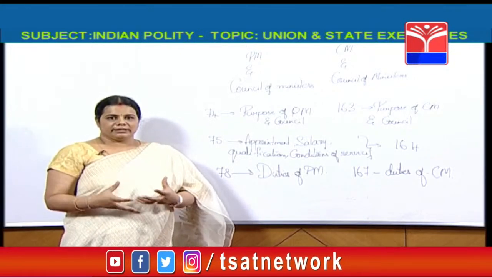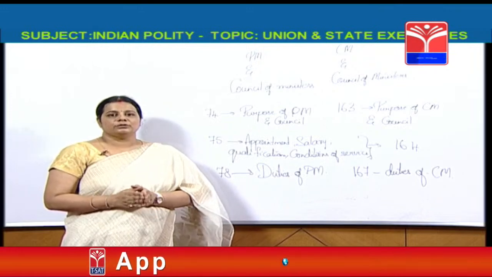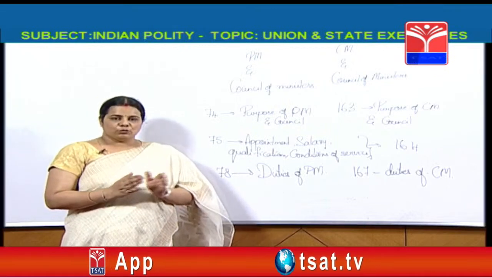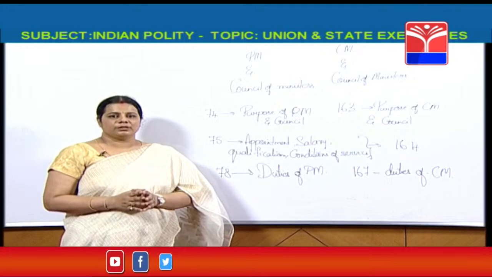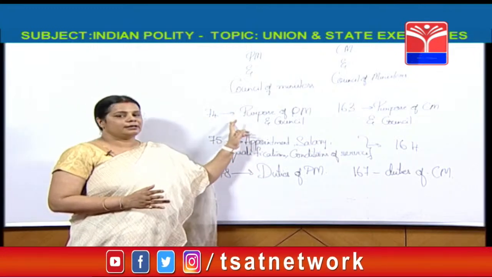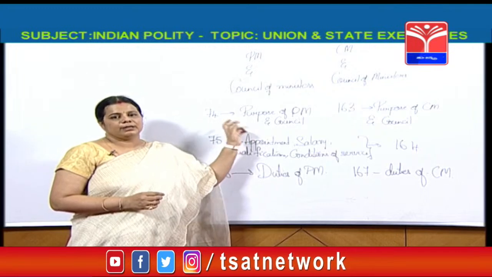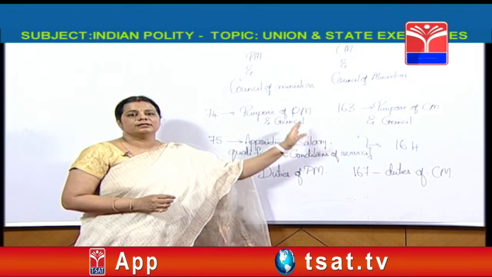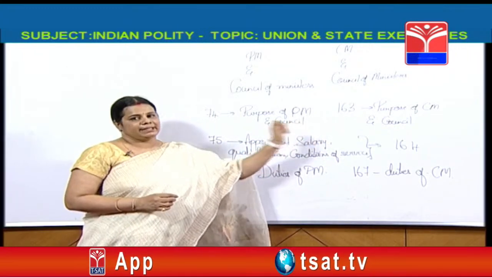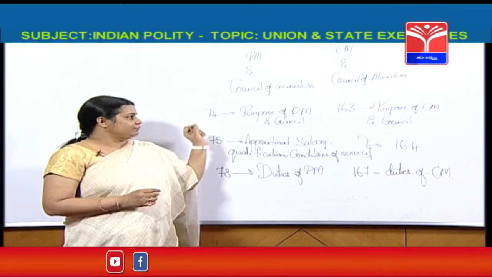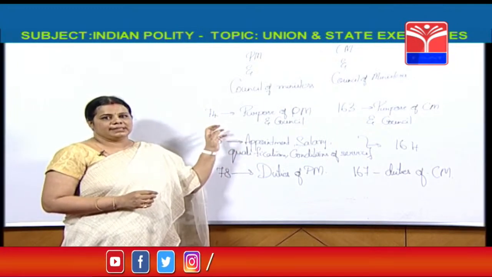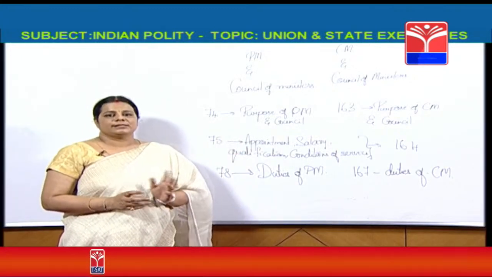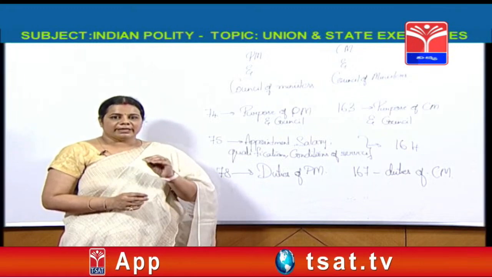These three articles together will tell us about everything related to the Prime Minister and Council of Ministers and CM and Council of Ministers. If you notice, everything is same except 2 or 3 points. The first is here in under Article 74, the advice tendered by the Prime Minister and Council will be binding on the President, whereas under 163, the Governor is not bound by the advice given by the CM and Council. That is the first point. And here there is another clause which says whatever advice is given by the Prime Minister and Council to the President cannot be questioned in any court. Ante court lo we cannot file a case